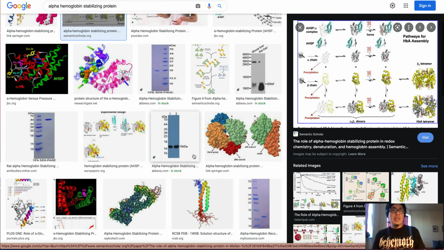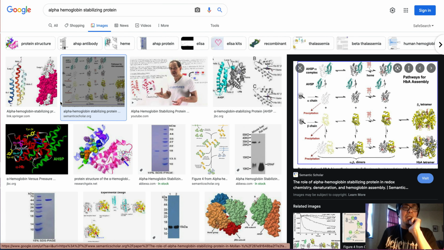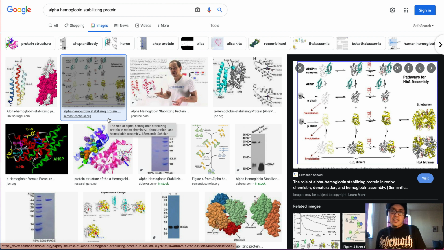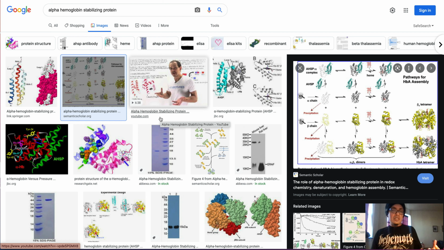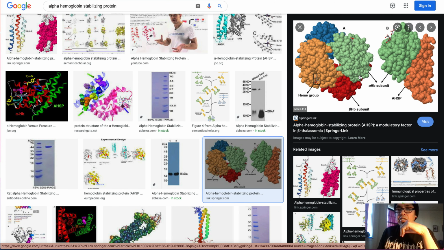Instead of correcting that process, or getting rid of that extra alpha gene, because there's probably some other reason why it's needed, your body creates a special protein. And it always amazes me when evolution has allowed the body to come up with something to counteract something that it can't undo. In this case it's called the alpha hemoglobin stabilizing protein. It has an affinity for these alpha subunits, and so it connects to these alpha subunits, right?